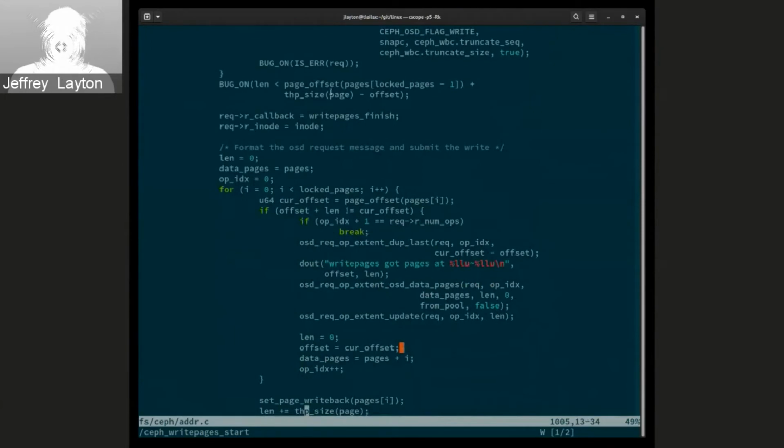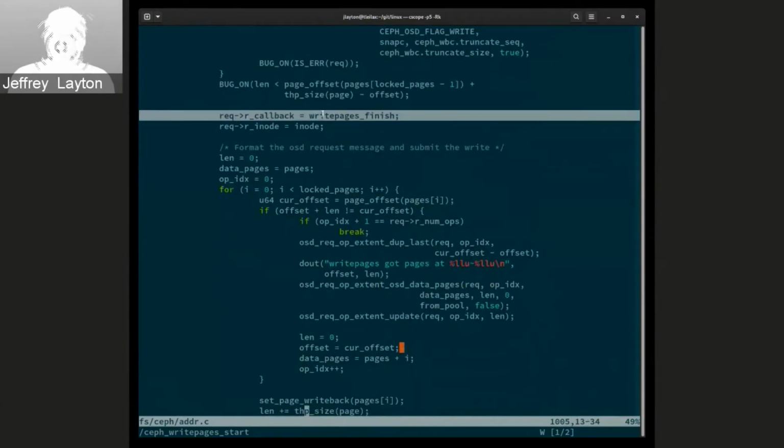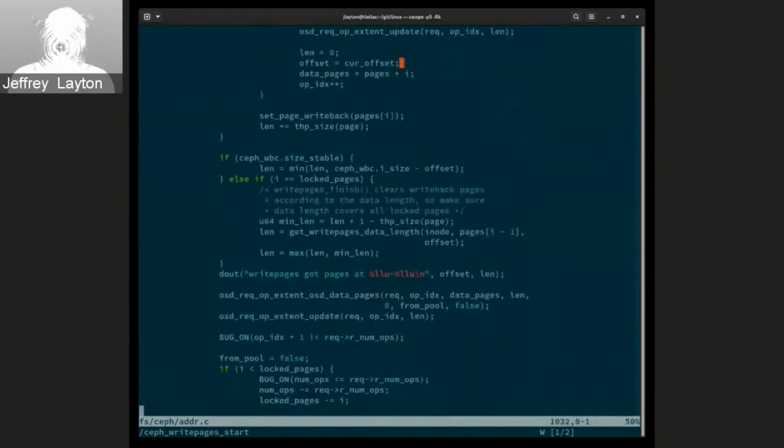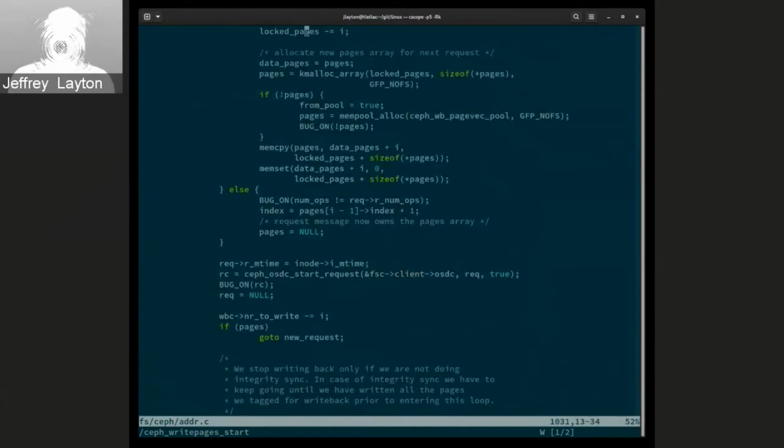So in any case, we set our callback at the end to write pages finish, because at the end of the thing, we're going to need to handle some stuff. We need to handle the end of the write. And then we go and start marshaling up pages, and that's what all this is. This will stick the data pages into the write request, update the extent in there, and then down here